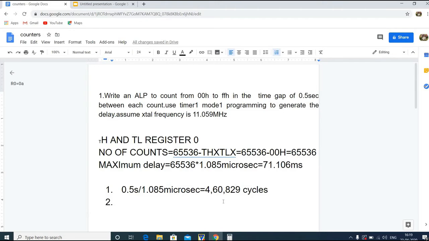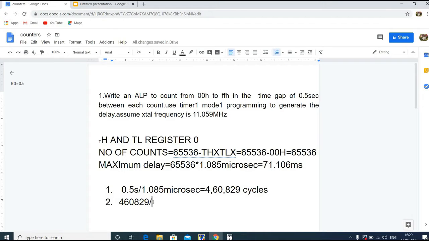We'll divide the number of cycles which we got, that is 460,829. Just do it using the trial and error method, but make sure that the value which we get is less than 65,536, because that is the value which will be loaded into the THX and TLX register.